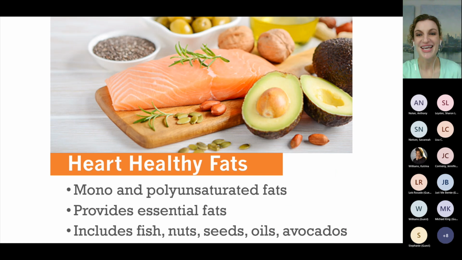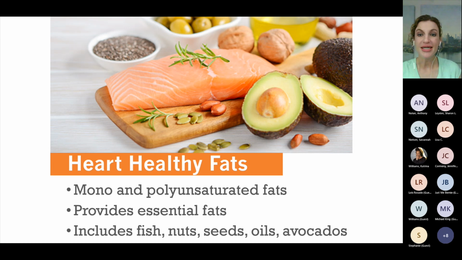All right, so let's talk about heart healthy fats. Now, there isn't a huge section on my plate for heart healthy fats, but we know these are important as part of our diet. A little can go a long way. And heart healthy fats can actually help with inflammation in the body and help reduce it. And so omega-3 fatty acids have a huge impact on our brain. And studies have found that omega-3s can help with depression symptoms as well.